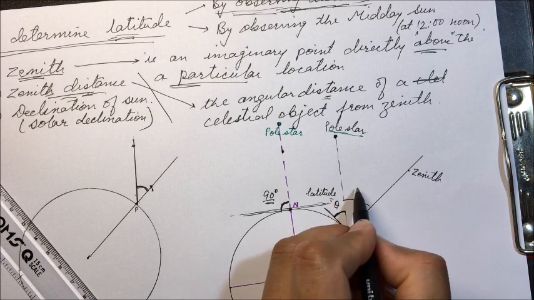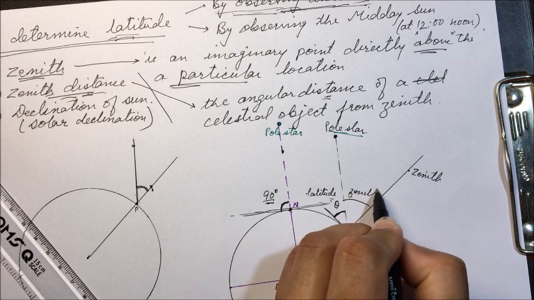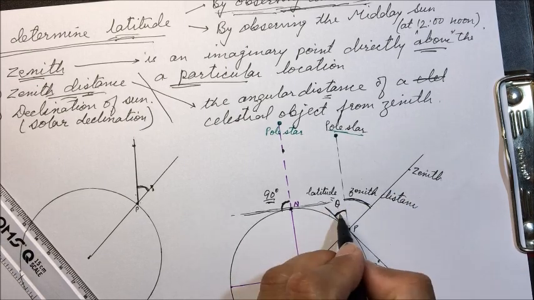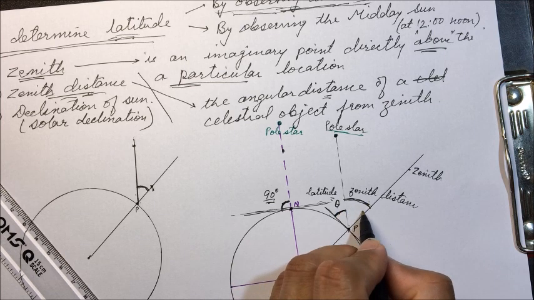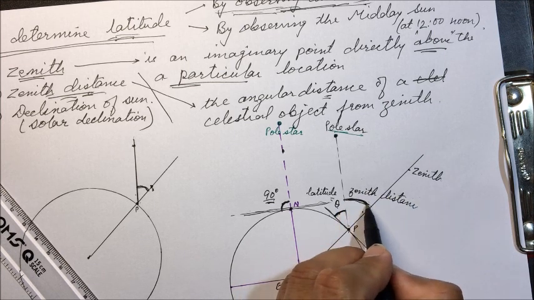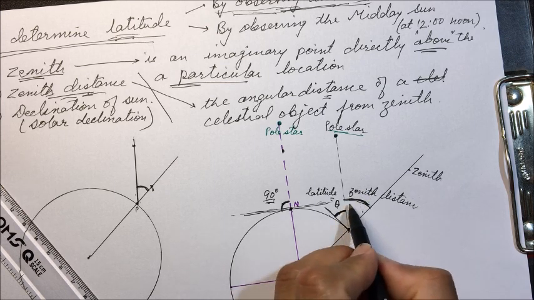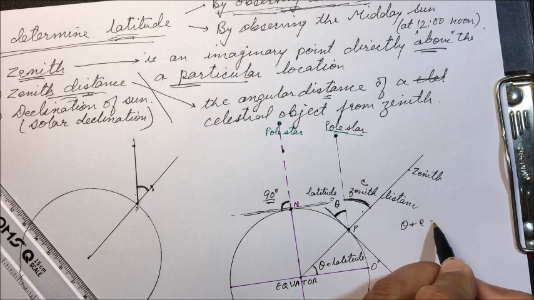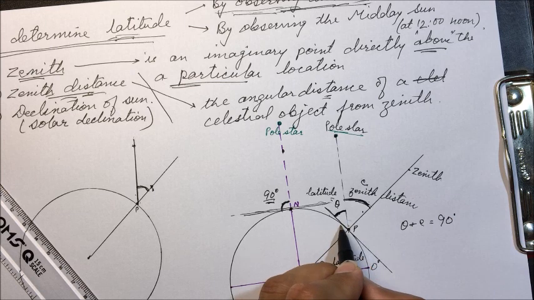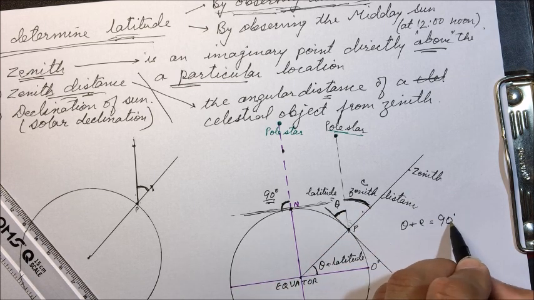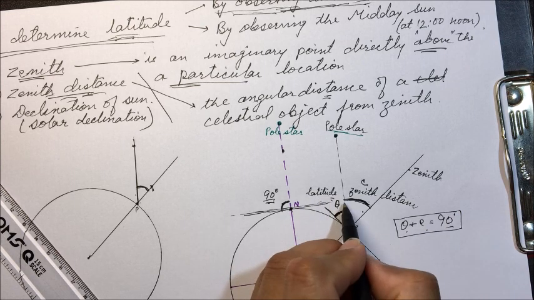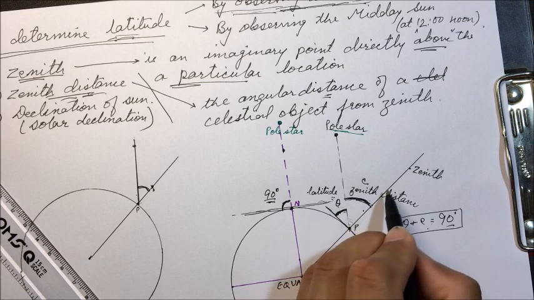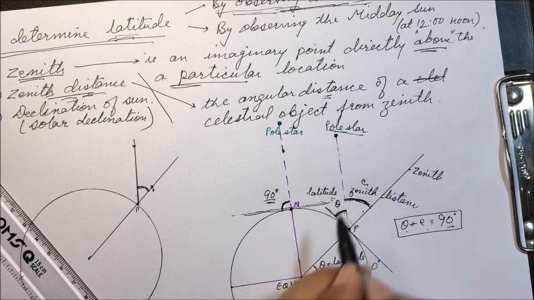And we can see this is the zenith, and this is the zenith angle, or we call it as zenith distance. So this is our zenith distance. Zenith distance and this altitude angle, they are complementary. That means this angle plus this angle equal to 90 degree. If we refer this as E, therefore theta plus E will be 90 degree. They are complementary. So altitude angle and the zenith distance, they are complementary to each other. Or the latitude at this location and the zenith distance, they are complementary to each other.